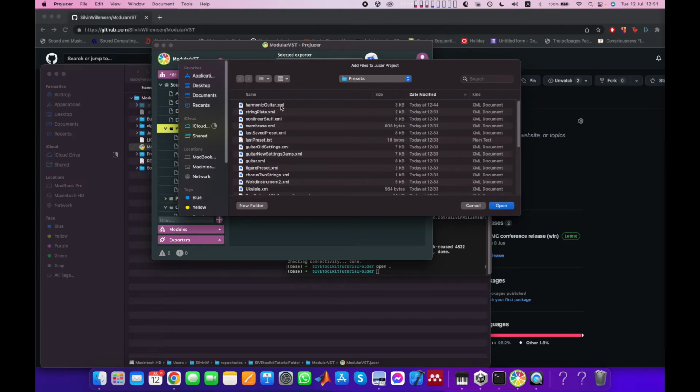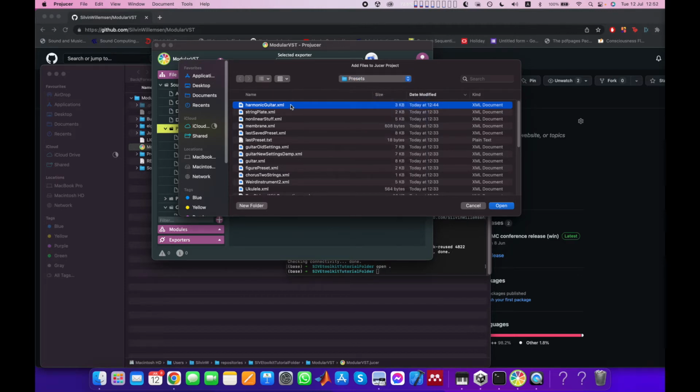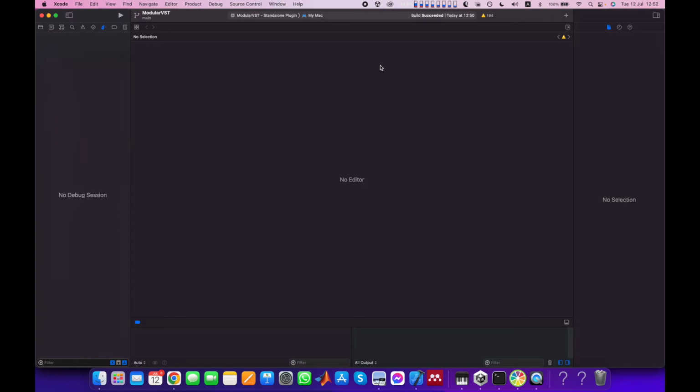Then I can add here harmonic guitar.xml, which is in my ModularVST presets folder. That's where I saved it. Double click that or open, and now it appears here. If we then save and open in IDE, then it will now have been added to the plugin as a binary. So if we build this again,